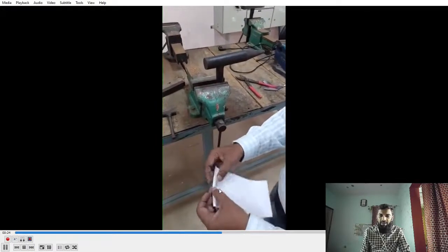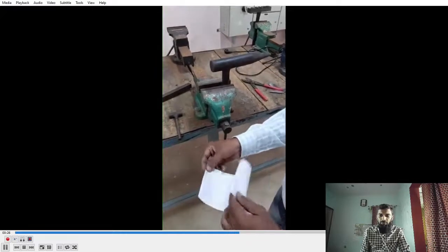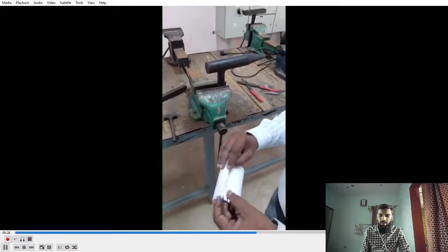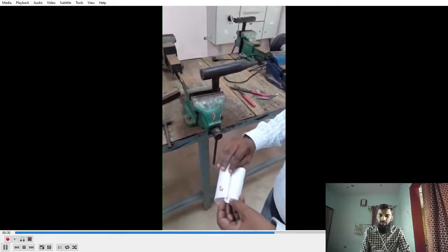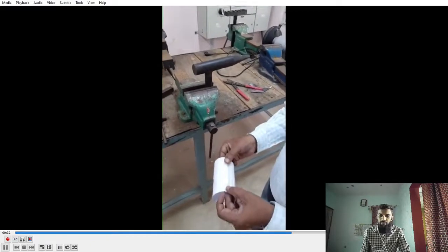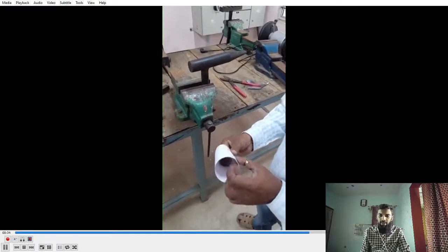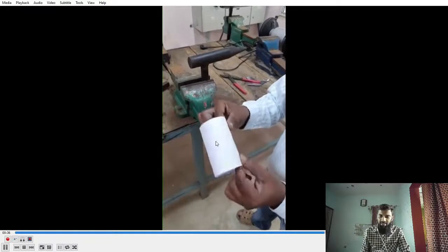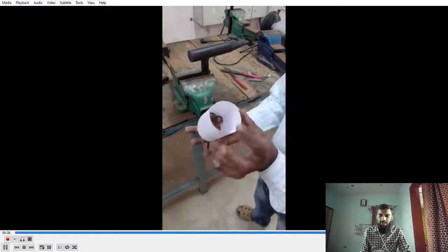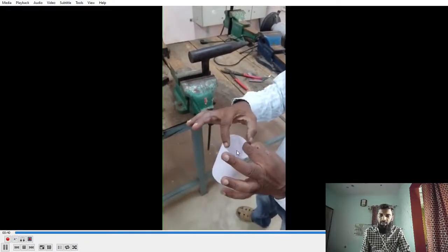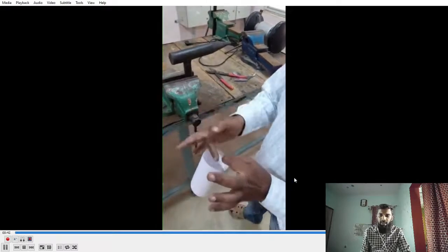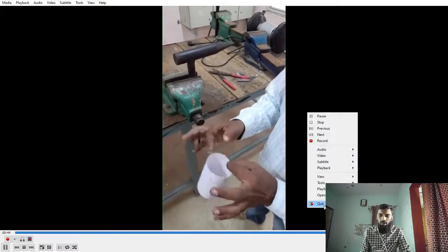We can have a trial with the help of paper. See, this is how we can interlock the edges. That is called a seam joint, and you can make a cylinder like this. See, before conducting experiment, you can practice with the help of a paper,